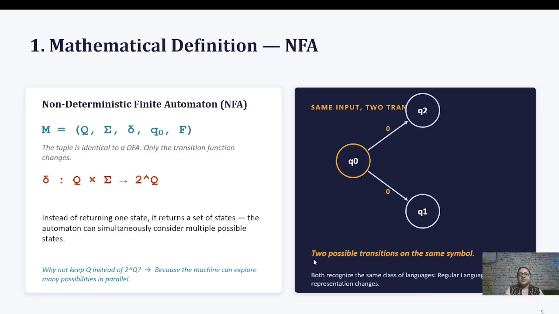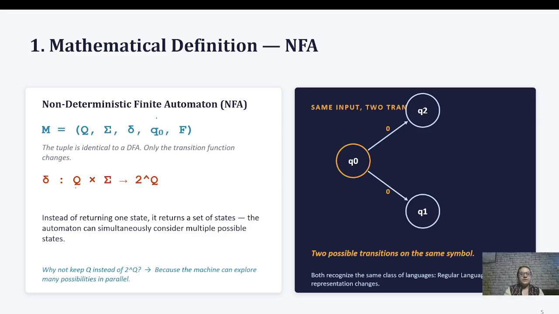In contrast, the non-deterministic finite automaton may have several possible transitions from the same state on the same input. So the idea of exploring multiple possibilities is what makes the NFA conceptually different from the DFA. Here the transition takes two things: one is the state, another is the input alphabet. So Q is the set of states and sigma is the alphabet used in that language. So here the possibilities are 2 to the power Q.